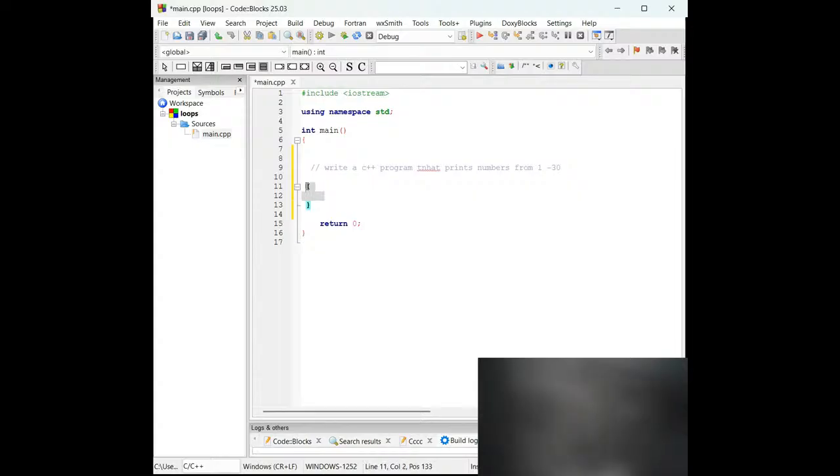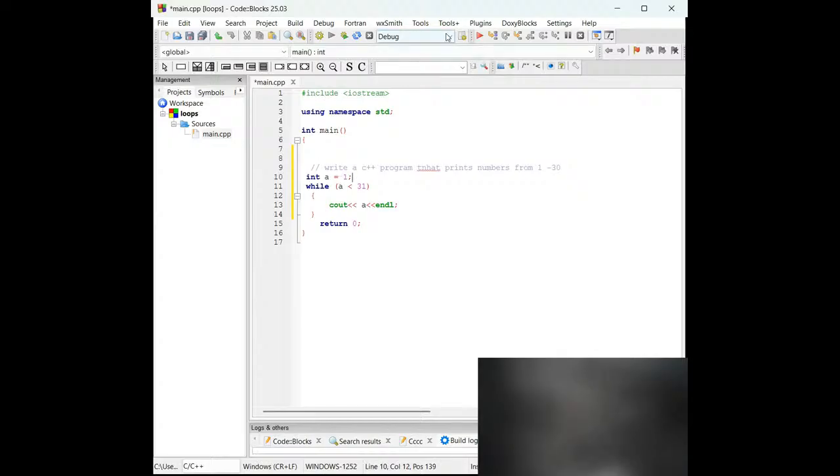You just come and say cout a and end line. Let's say you have a variable called int a, which is equal to, let's say, 0. Since we are doing 1 to 30, one should do.